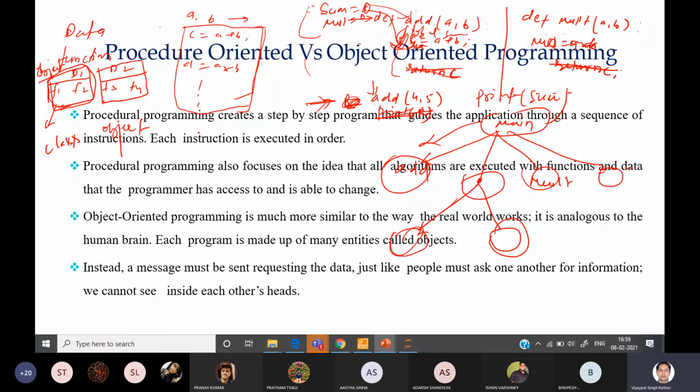Like for the example of student, in the student class, what are the things that you want to store for the student? What are the things that you want to store as a value? Like name of the student, second roll number of the student, or maybe year or branch, whatever other things you can do. I am taking an example of two things here, right? These are the data values of the students, right?